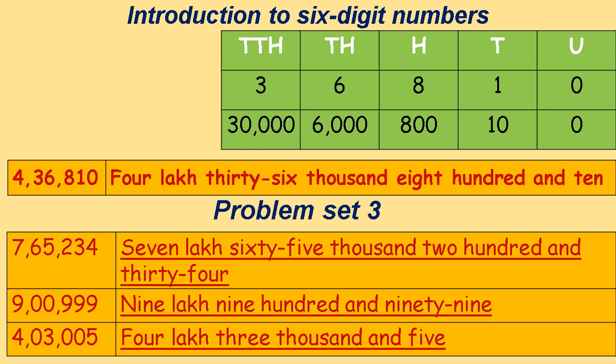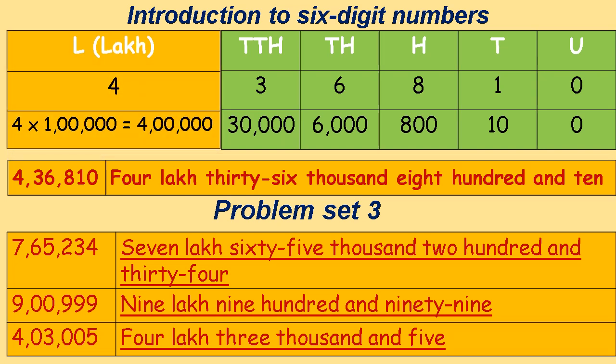Students, till now we have learned how to read, write and compare 5-digit numbers. Now we will learn how to read and write a 6-digit number. You all are very well aware about the places and the place values of the digits in a 5-digit number. In a 6-digit number, the place on the left of the 10,000s place is called as lakhs place, and its place value is 1 lakh.